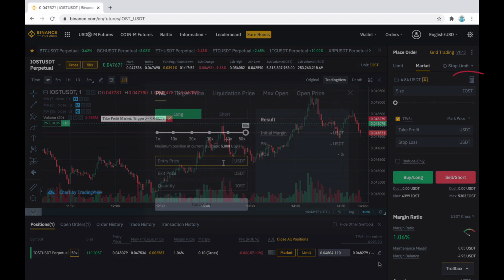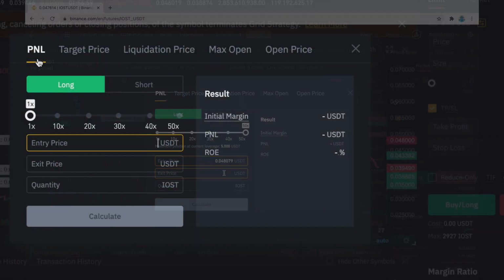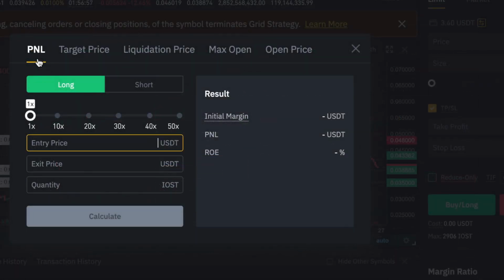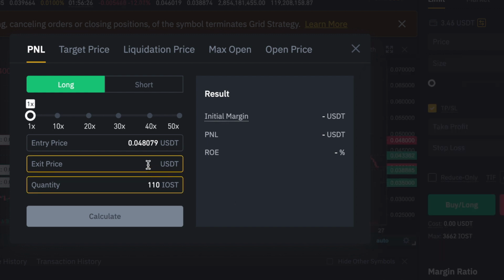Use the built-in Binance calculator often, and play around with the values, to understand how your results may be impacted by the configuration of your position. Let's cover the leverage again. My entry price was 0.048079 and I purchased 110 contracts. Then if I traded 1-to-1, I would have paid 0.048079 multiplied by 110, which is $5.28, or rather 29 cents, considering the rounding.